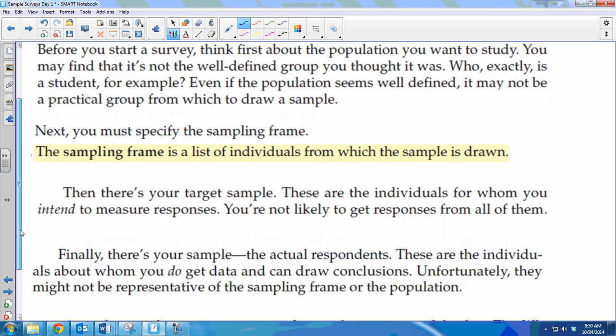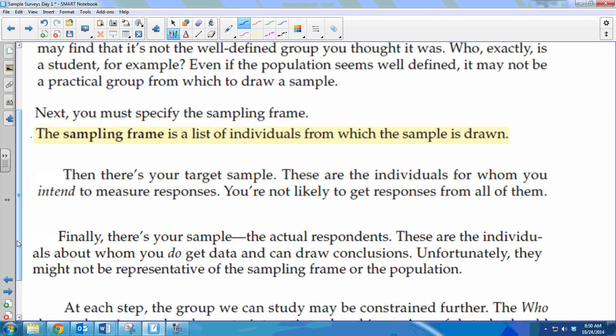Then there's the people, like your target sample. And that's who you intend to survey. All right, so you have the sampling frame. Somehow you're going to employ randomization, okay? Let's say for Murray High students, I take a list of Murray High students, and there's 420 students, and I